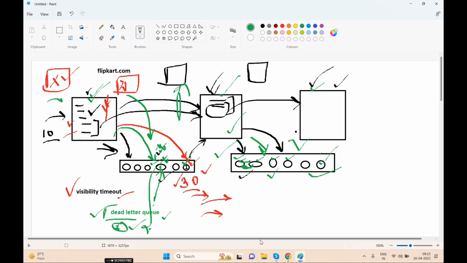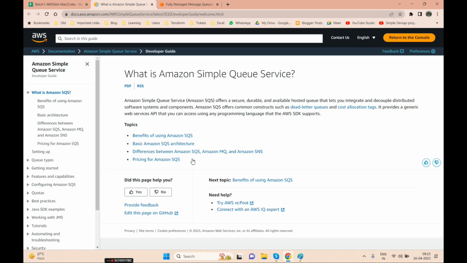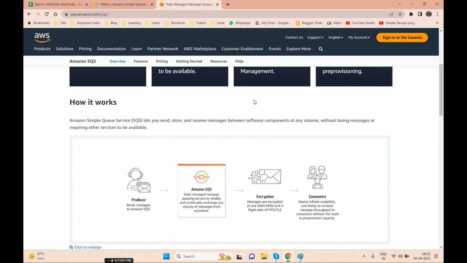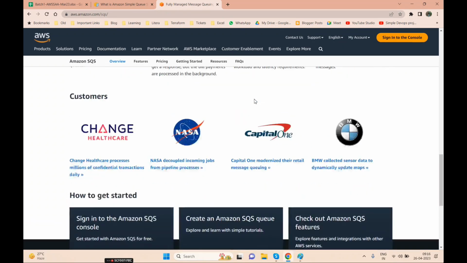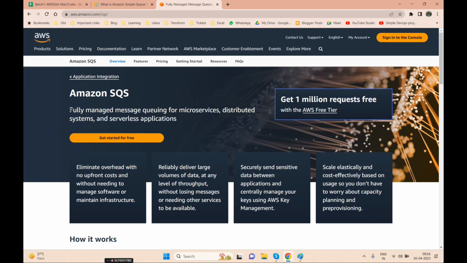Now there are two types of queue we have. It says fully managed message queuing for microservices, distributed systems and serverless applications. 1 million requests are free for a free tier account.